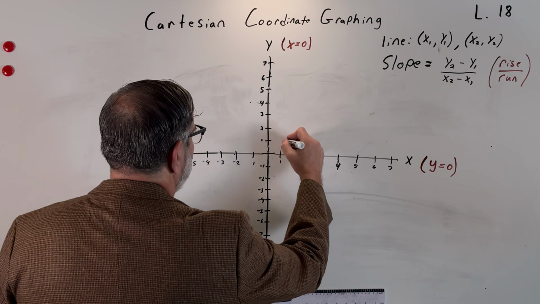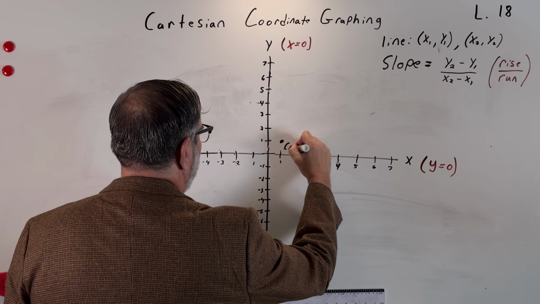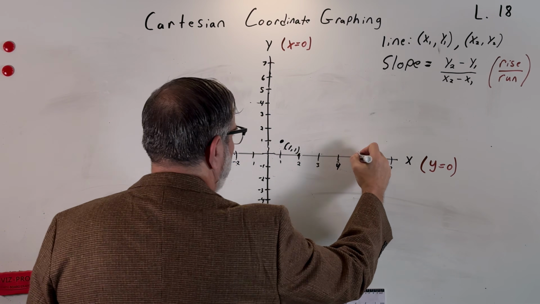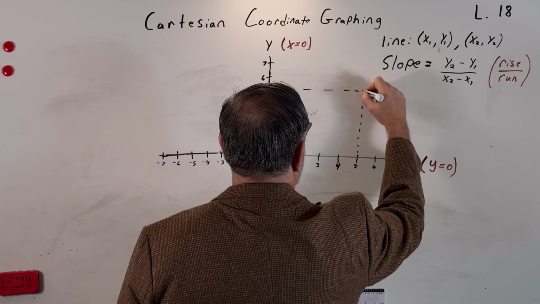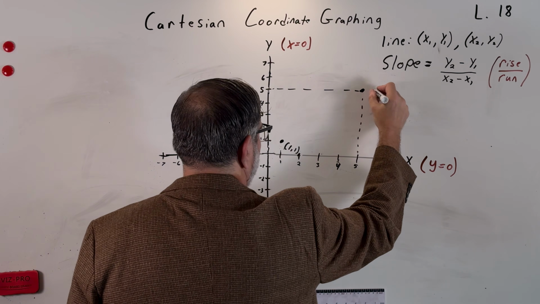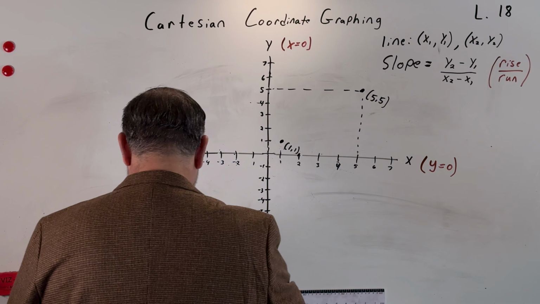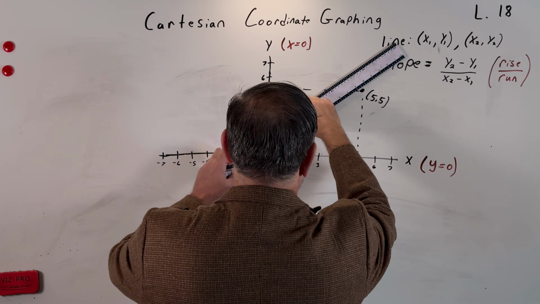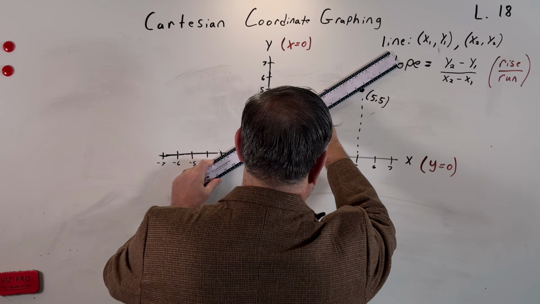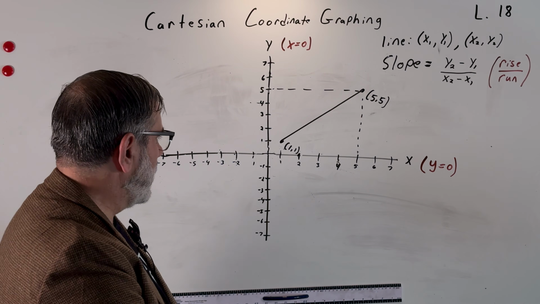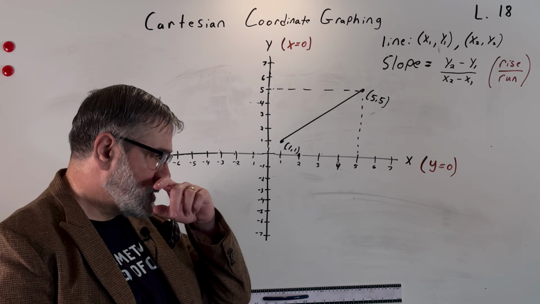Let's make a line between the point 1, 1 and 5, 5. So we'll go up and over right there. So we've got this point 5, 5. And I can make a line or a line segment between those points with my ruler. And now I want to find the midpoint on that line. And so the way I'm going to do it